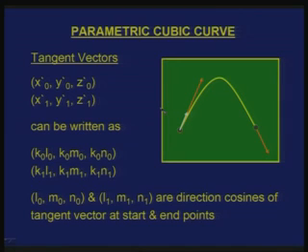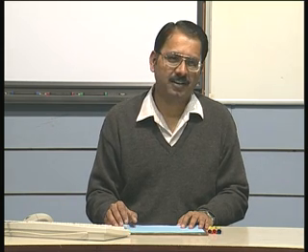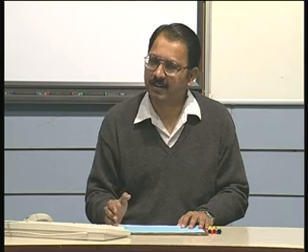Suppose I want to represent how the tangent of a curve is behaving; it is also possible to represent it with direction cosines. Usually we use the terminology L, M and N to represent the direction cosines. Are these tangent vectors different from direction cosines, or are they the same as tangent vectors?